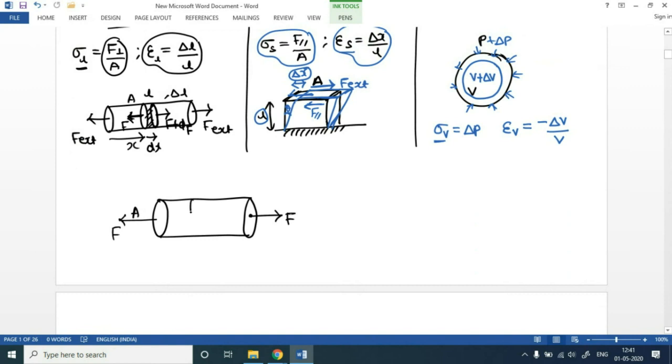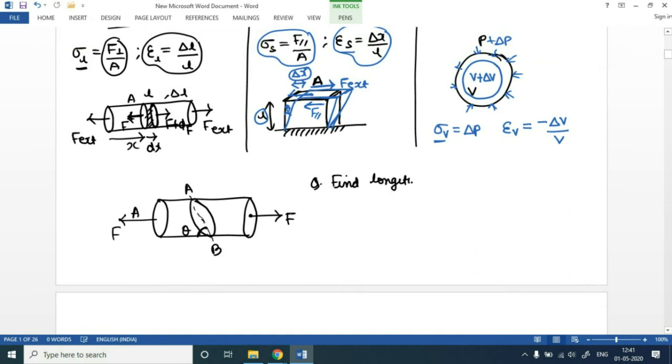And let's take one skewed cross section over here, skewed at an angle theta from the length of this rod. This is theta. The question is to find, let's say this section is AB,